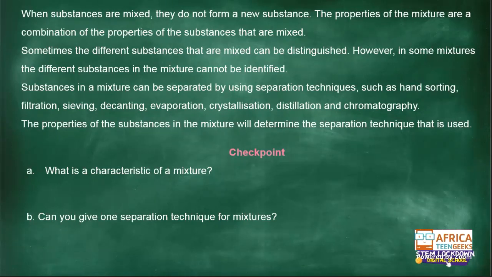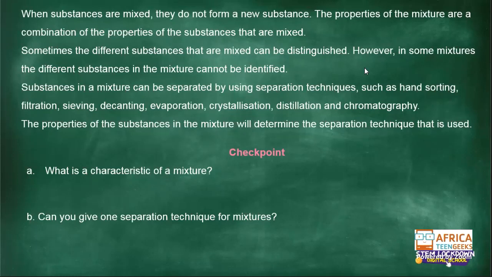If you mix that, even though you can tell it slightly apart, it will be difficult. But the salt and the sugar is an excellent idea where you're not going to be able to tell it apart. So substances in a mixture can be separated by separation techniques such as hand sorting, filtration, sieving, decanting, evaporation,